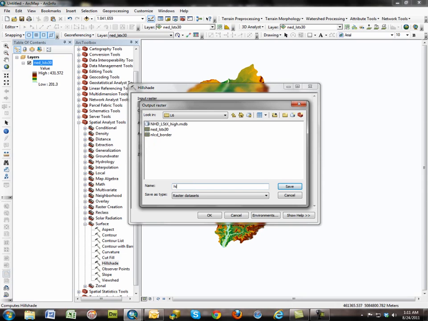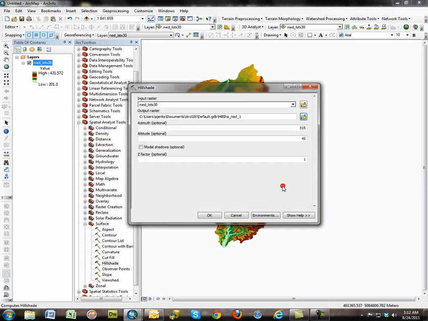We could call this hill shade or something of that sort. That would be logical. And in the book we call it Hillshade 1, for example. And we would establish the azimuth. This is the angle that we're looking at the hillshade, and we'll leave that at 315,